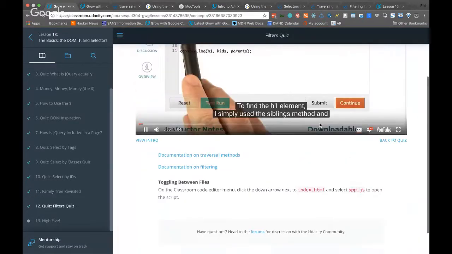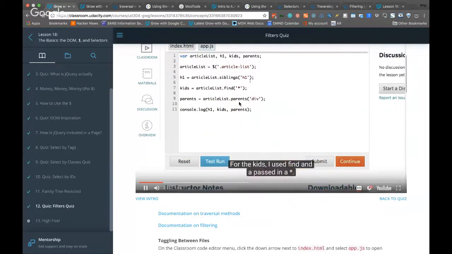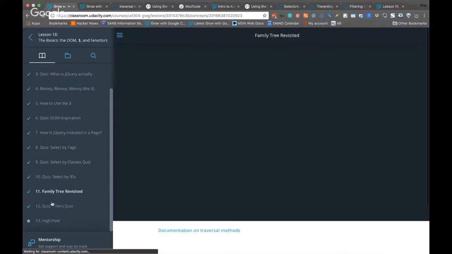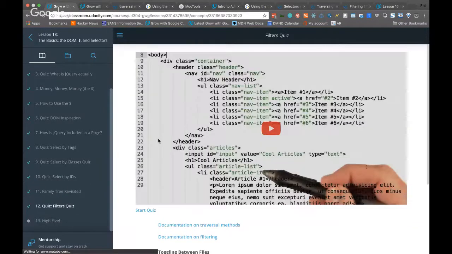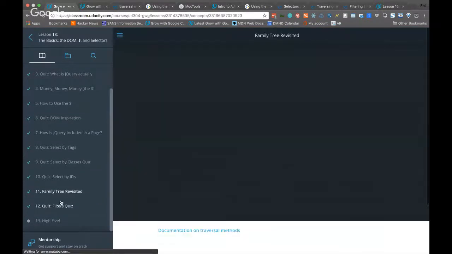To find the h1 element, I simply use the siblings method and passed in the filter h1. The kids, I use. This selector returns a jQuery collection of the